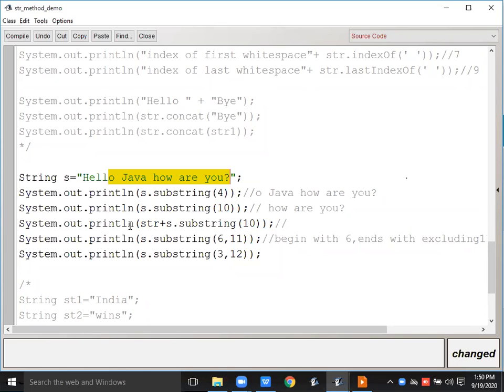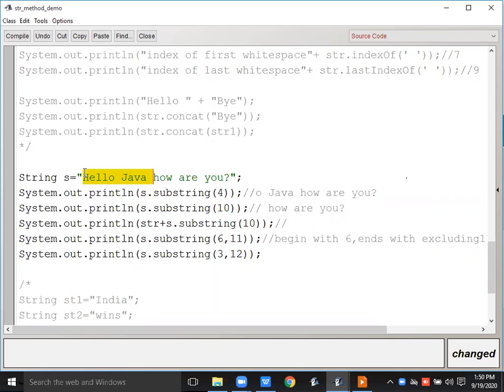Okay. Then next is s.substring(10). Now where will it start from? From the index position 10. So see that this is 0. Always remember, starting with the 0. 0, 1, 2, 3, 4, 5, 6, 7, 8, 9, 10.